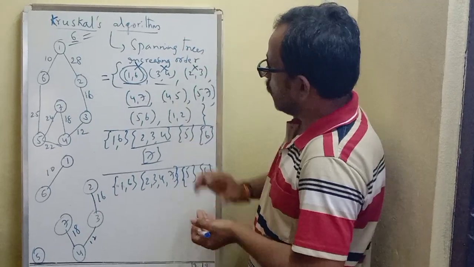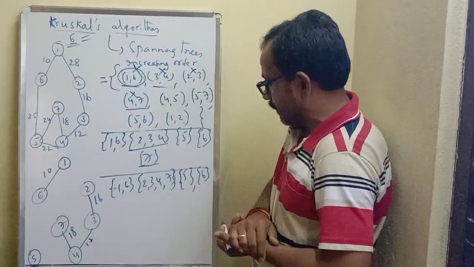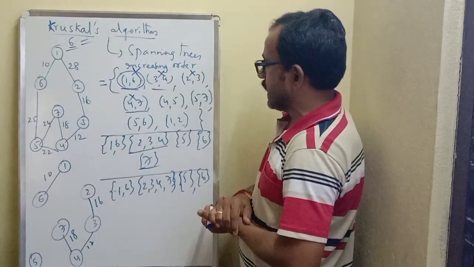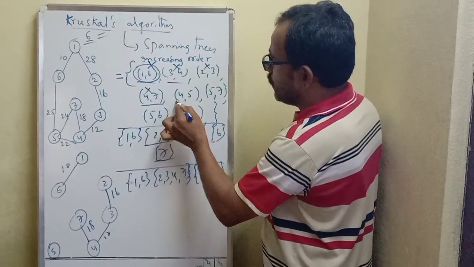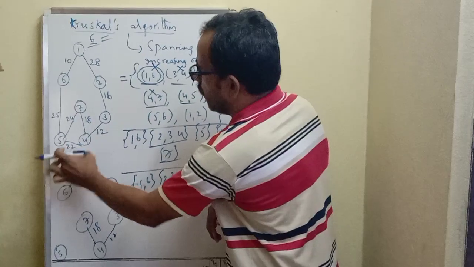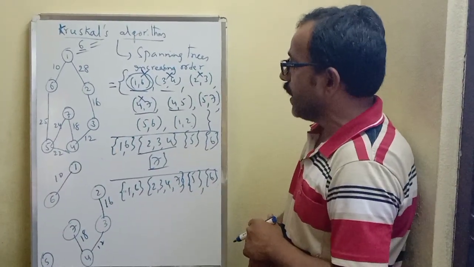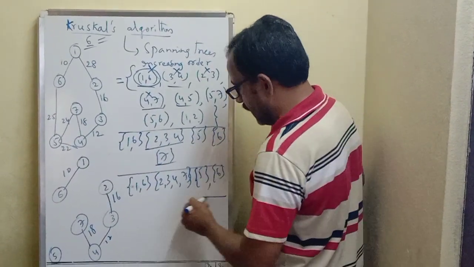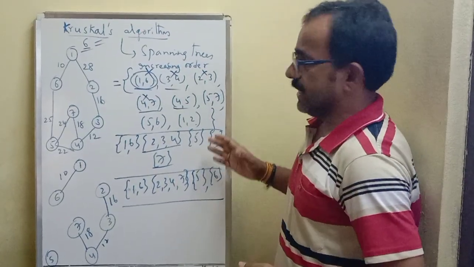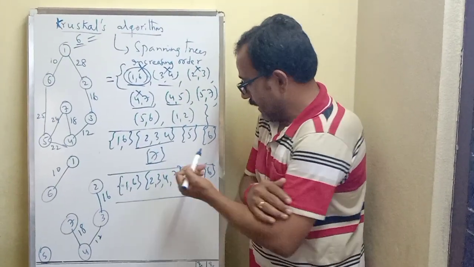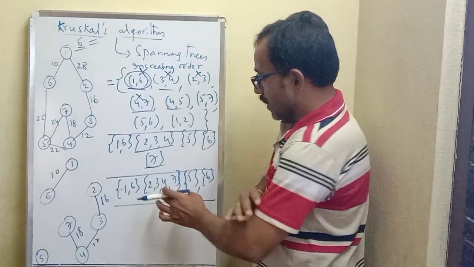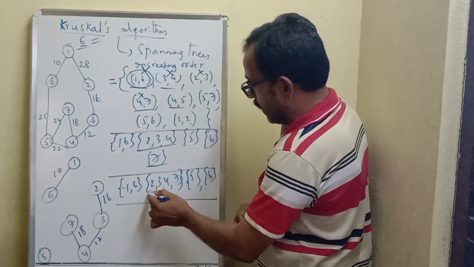Now again go to the set. Now 4, 7 is also successfully included. Go to the set again for selecting the next edge. What is the next edge? 4, 5. What is the cost of 4, 5? The 4, 5 cost is 22 units. But what is the criteria for saying whether the inclusion of that edge is forming a cycle? Immediately verify the sets. So where is 4? 4 is in this particular set.